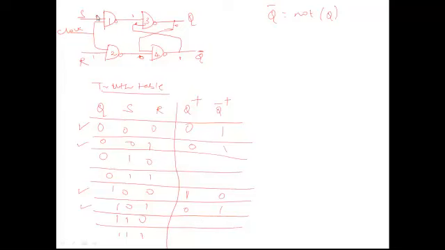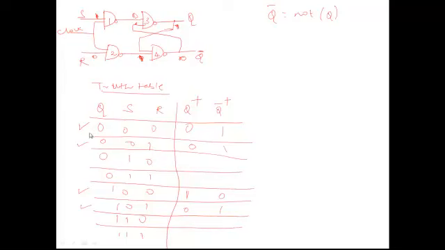So now this top input is 1, bottom input is 0. Now obviously what will happen? 1 and 1 combination, the output of the AND gate is 0. 0 and 1 combination, here you will be having 1. Now you are sure that NAND gate 3 has one input 0, so obviously the output will be 1. And then this output is driving the NAND gate 4. So 1 and 1 will give you the answer 0.